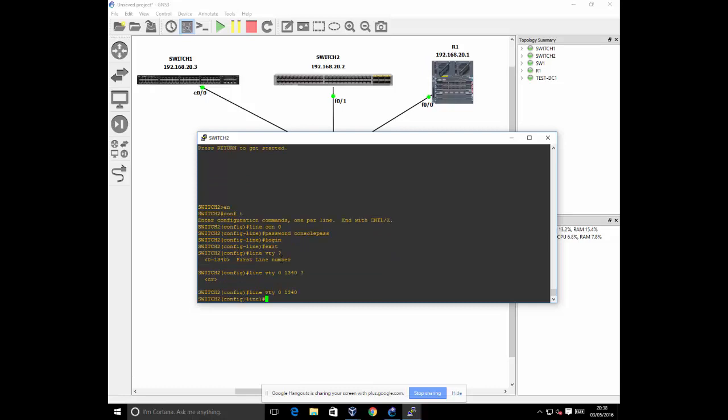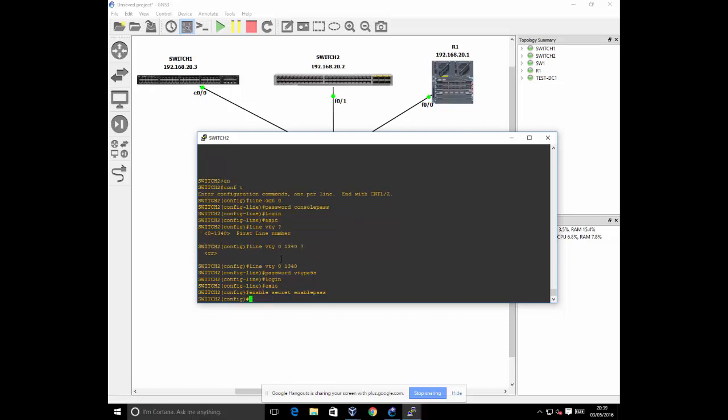Line VTY 0 to 1340, and just do the same and say password. Let's see, password VTY pass, and let's say login also. And if I exit that, and then we set an enable secret. So enable secret, enable pass. Okay, and then if we exit out now and exit,